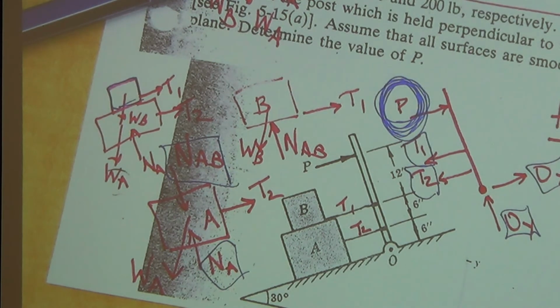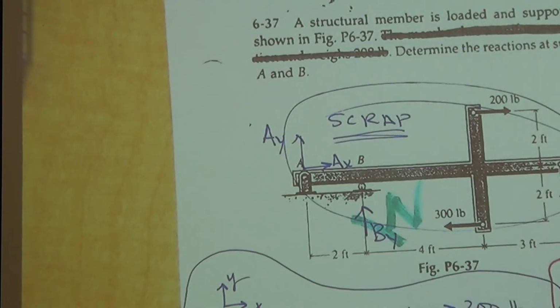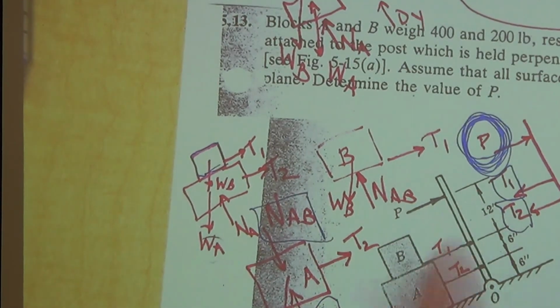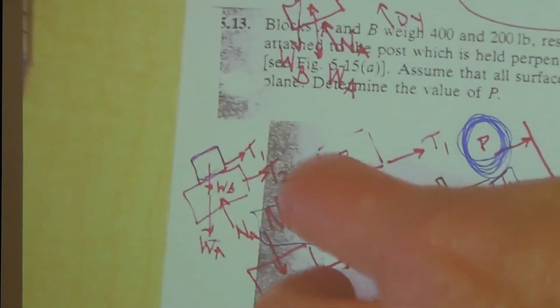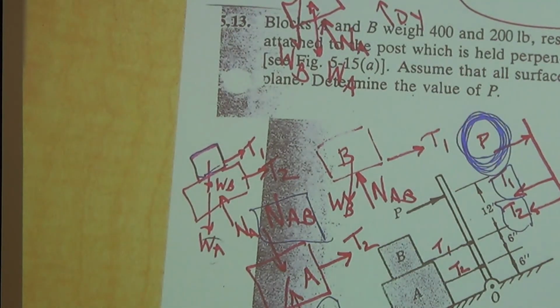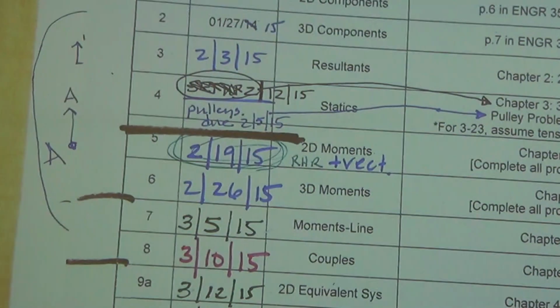Hey you guys, the Tuesday that we get back from spring break, we always have quizzes on Tuesday. How about we do a setup problem? A 2D setup problem. And I may ask you to draw free body diagrams. This might be what I do, is ask you to draw a free body diagram of things that are separated and together. Did everybody get that? Not this exact one, but a free body diagram of this where you separate things and put it together. Or a quiz on setting up a 2D problem. And homework, the 2D equilibrium